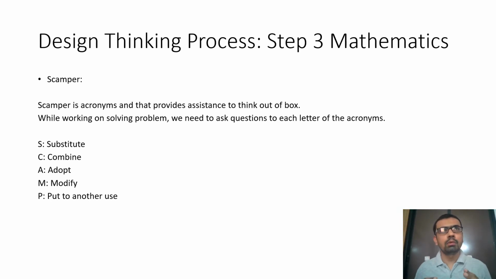Another use means where else this particular product or problem appears, if there is another space where the same problem occurs or the same solution can be used. So this is put it to another use. We have eliminate: we can eliminate some of the features or ideas. We can identify those things during this acronym. And last but not least, reverse. R is reverse, where we think of the reverse way, not the front way. So this is the acronym of SCAMPER.